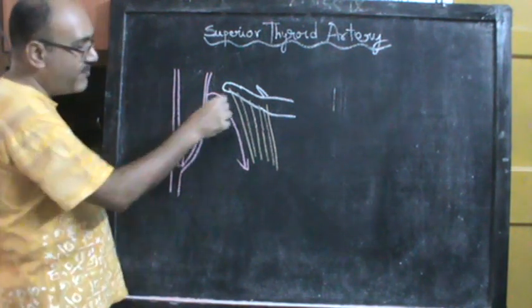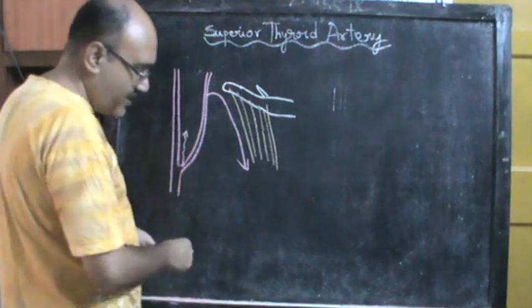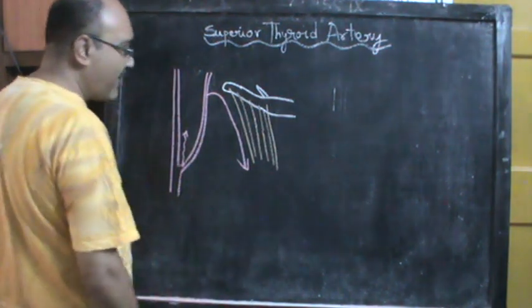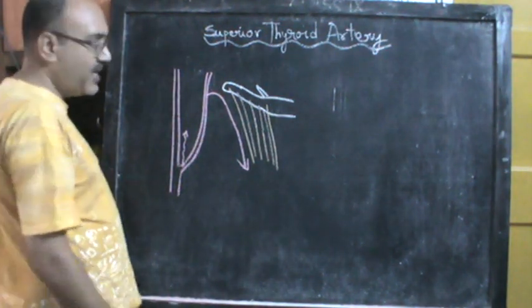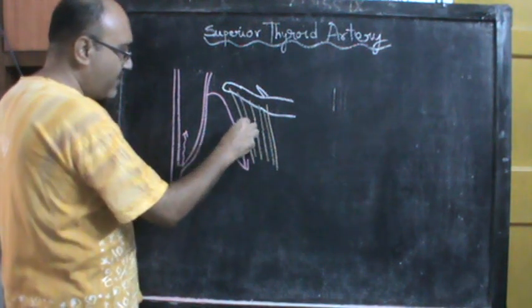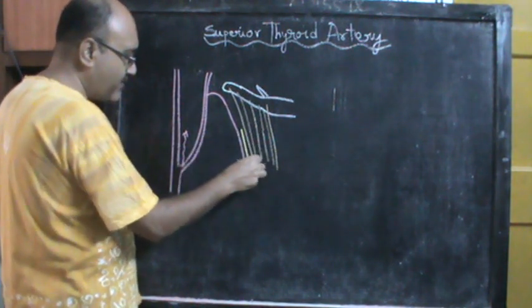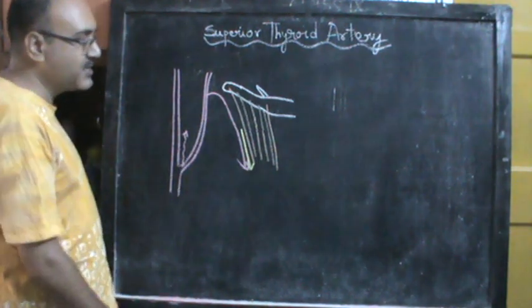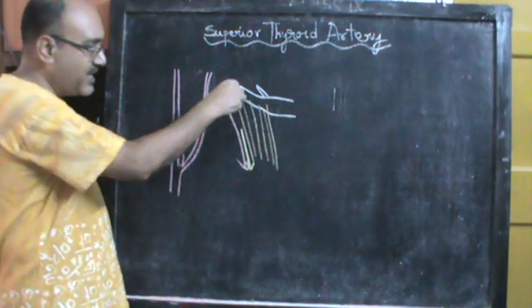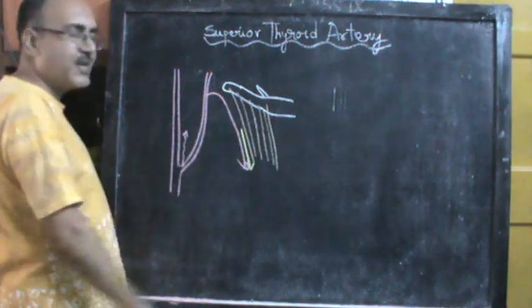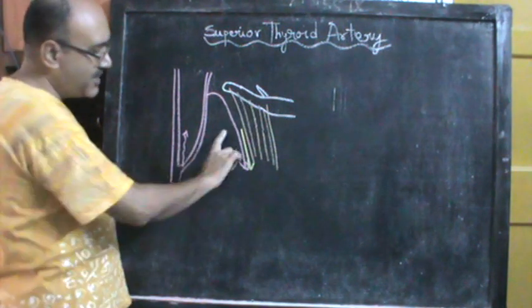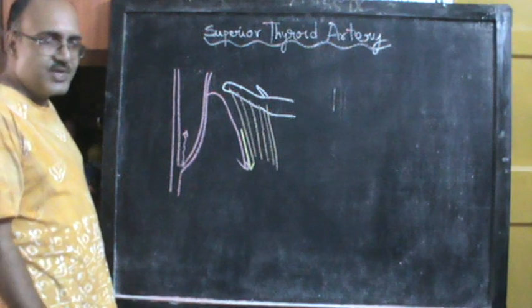And when you have got to the superior thyroid artery, again you will be able to make out that it is accompanied by the external laryngeal nerve close to the apex of the thyroid gland. So when it is reaching the thyroid gland, it is accompanied by the external laryngeal nerve as well. Now the external laryngeal nerve is medial to the artery.